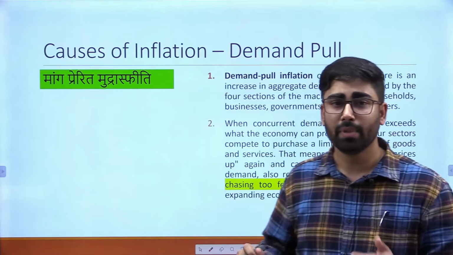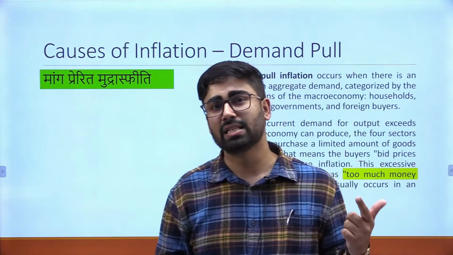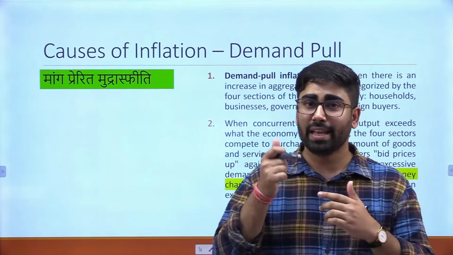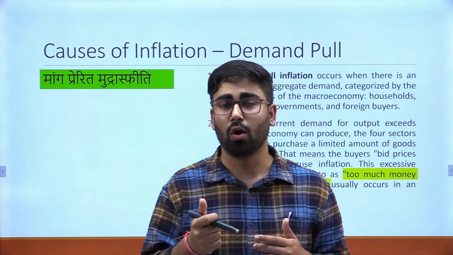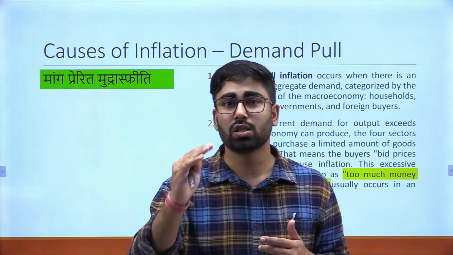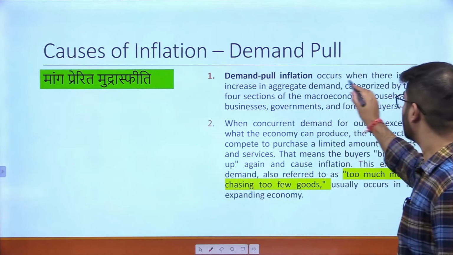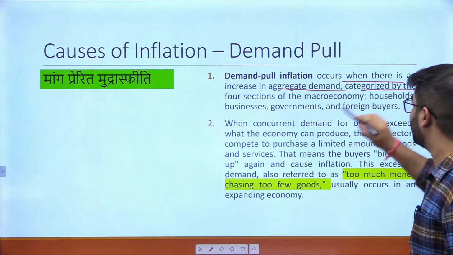Okay, anyway, what are the causes of inflation? First is the demand pull and second is cost push inflation. So demand pull inflation means when there is greater demand in the economy, then it leads to price increase because of the law of demand and supply. Okay, so it occurs when there is an increase in aggregate demand, and is categorized by the four sections of